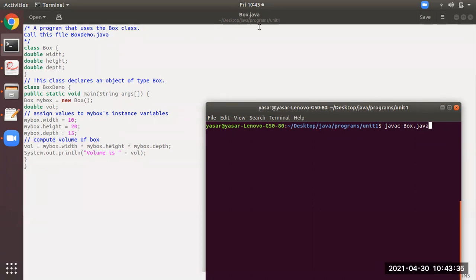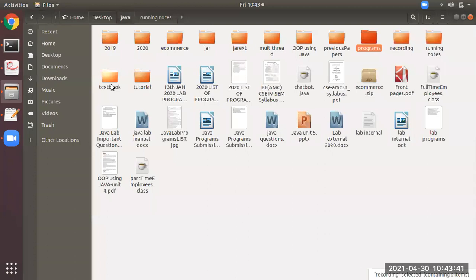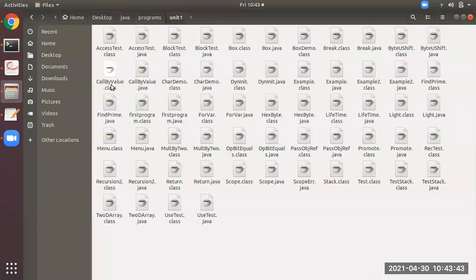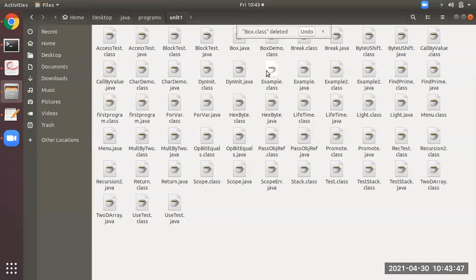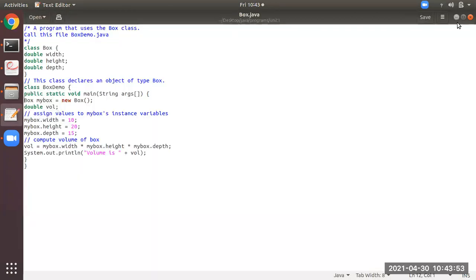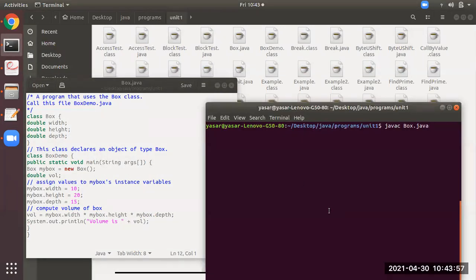You can see I have saved the file as Box.java. Box.java is stored on my computer. Now I will compile the program.